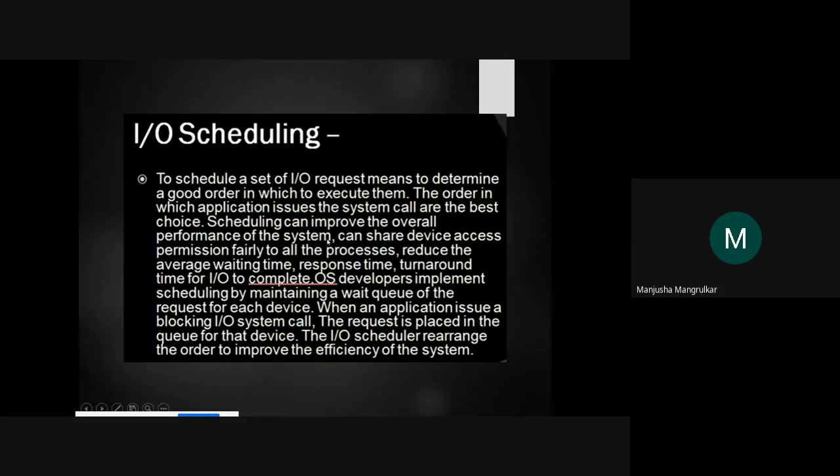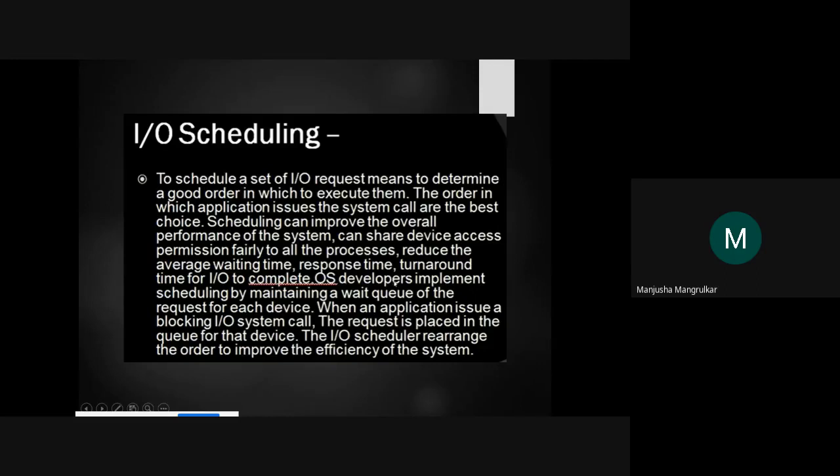Just as a process is in scheduling, where queues are formed, that is process scheduling; in the same way devices are also scheduled, and that has to be managed very efficiently. It can share device access fairly among all the processes and reduce the average waiting time, response time, and turnaround time for IO to complete.